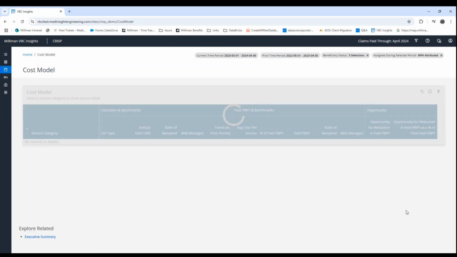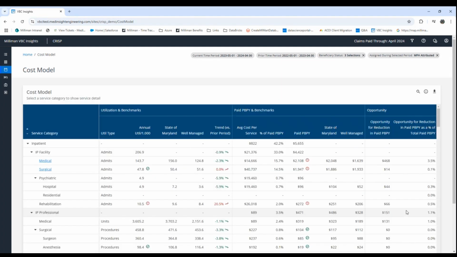I'm going to follow the dashboard story, and this is going to bring us into the cost model. This is the bread and butter of the product. It's going to give you a lot of information across your experience in all of the various service categories and how you're performing relative to our benchmarks. And then the subsequent reportlets that we'll start going into will be even further deep dives in some of these specific categories. While this is loading,